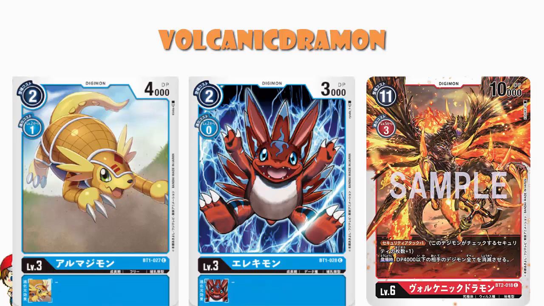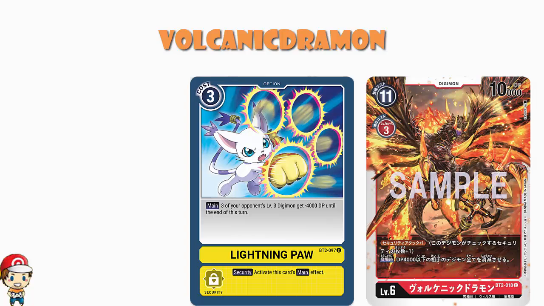We saw Lightning Paw for yellow decks recently. It is a free cost card, and it gives 3 of your opponent's level 3 Digimon minus 4,000 power until the end of this turn, with a security effect that does the same thing. And it's only 3 of them, not all of them, but it's also a free cost. 11 cost is very expensive, but then you've still got the 10,000 power, and you've still got a Digimon there